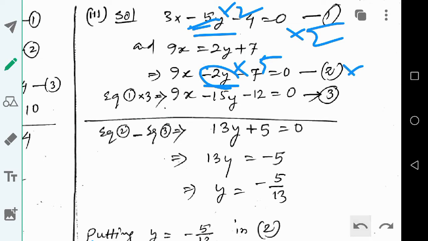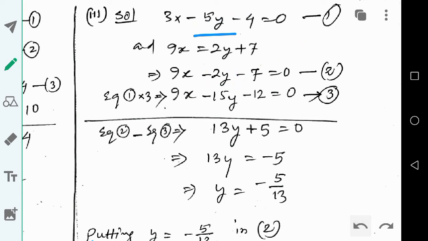Okay, so instead of doing so, we have decided to eliminate 3x, the term consisting x, because here you see, if you eliminate x, then you need to multiply 3 in equation 1 only. So in equation number 2 nothing needs to be multiplied, because there is already 9x. If you multiply 3 with equation number 1, this one will be 9x. Okay,